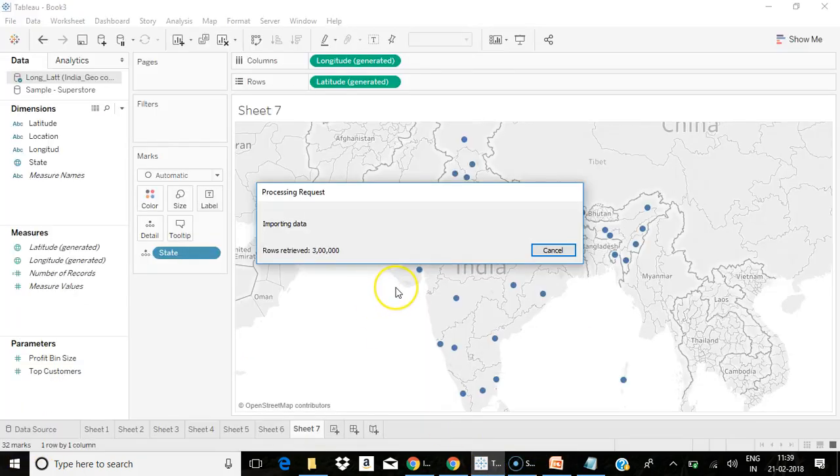So let's see. Okay, it's still importing because it takes some time, since it needs to refer to those latitude, longitude values from an externally referenced file. So that's why it's taking some processing time, where first it will search for the corresponding latitudes, longitudes which are available in Tableau, and then only will it refer to an external file. So that's why retrieving the rows takes some time, and then finally it will import the geocoding. Once we have imported the geocoding, it is going to be placed in your local memory until you manually remove it.